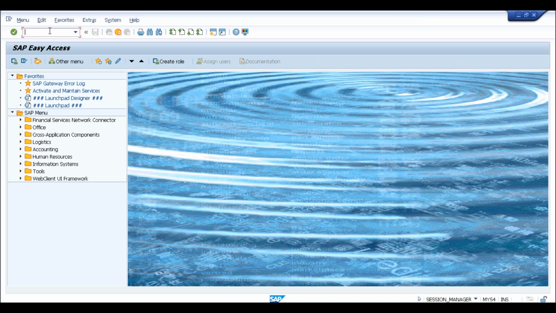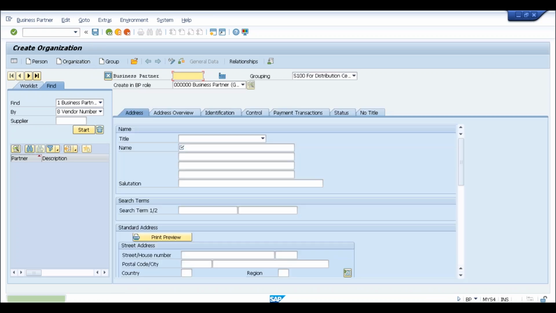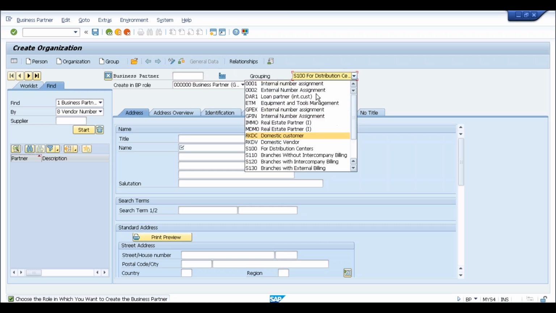So from an SD point of view, first of all, I think we already created a customer using the business partner. If not, let's go to transaction BP to create a customer. Okay, so as I told you, if you want to create a customer, you will be going to this new organization. And you need to provide the grouping, under which grouping you want to create a business partner. So let's say this internal number assignment,